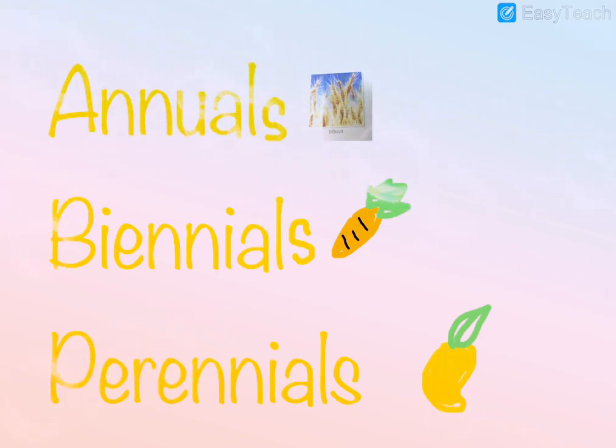So annuals we have wheat, rice and millets, etc. Biennials we have carrot, etc. We have carrot and summer, I just don't remember. And then perennials we have oranges, apples and mangoes, etc. And yeah, that's it. So now moving ahead,